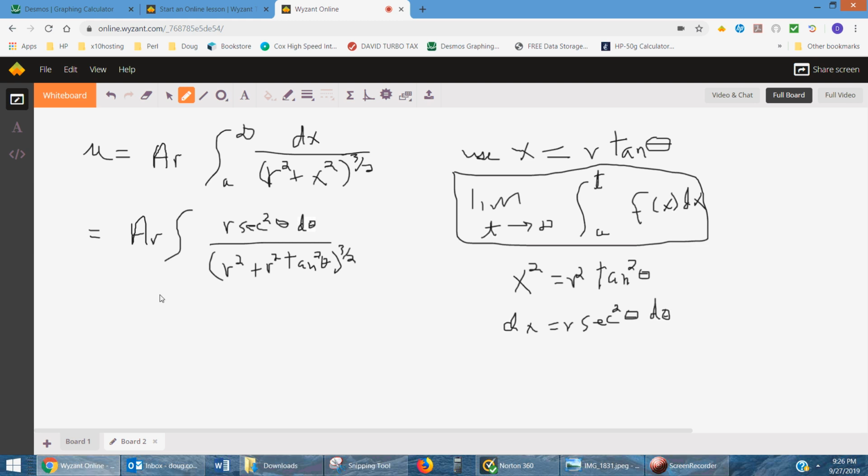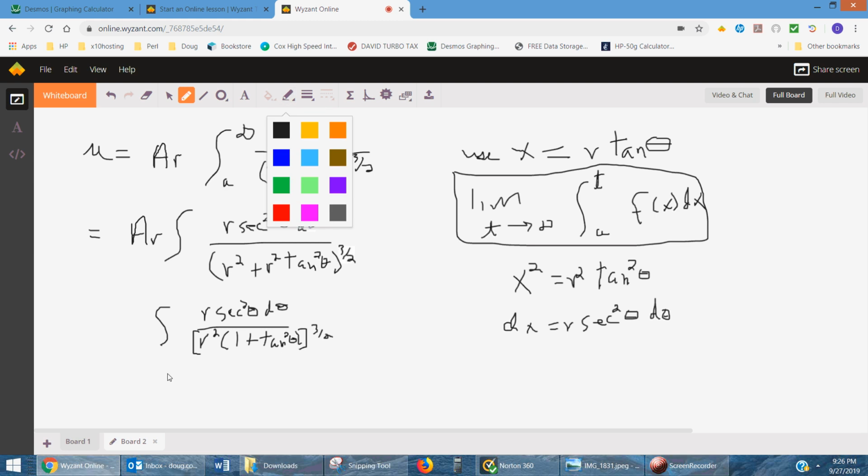Now I'm just going to continue working on this portion. We'll add the AR back in later. So I've got r secant squared theta d theta, and in the denominator inside the parentheses I can factor out the r squared, and I'll get 1 plus tangent squared, this whole thing still to the 3/2 power. And then the whole key is that 1 plus tangent squared is secant squared. So r secant squared theta d theta